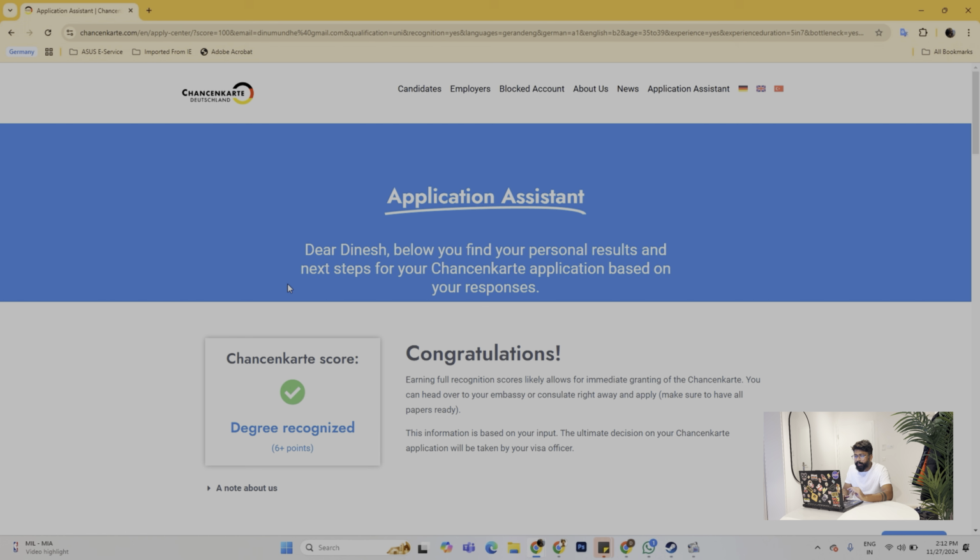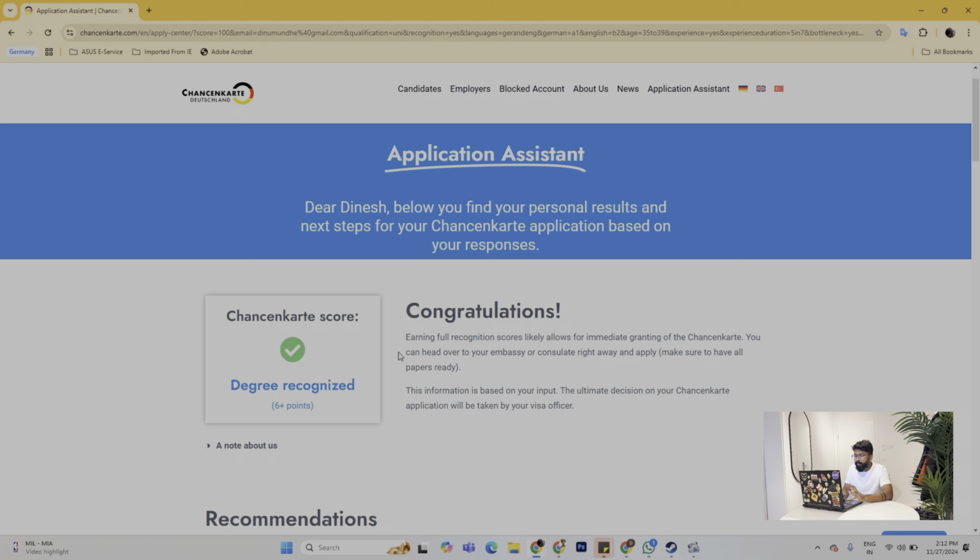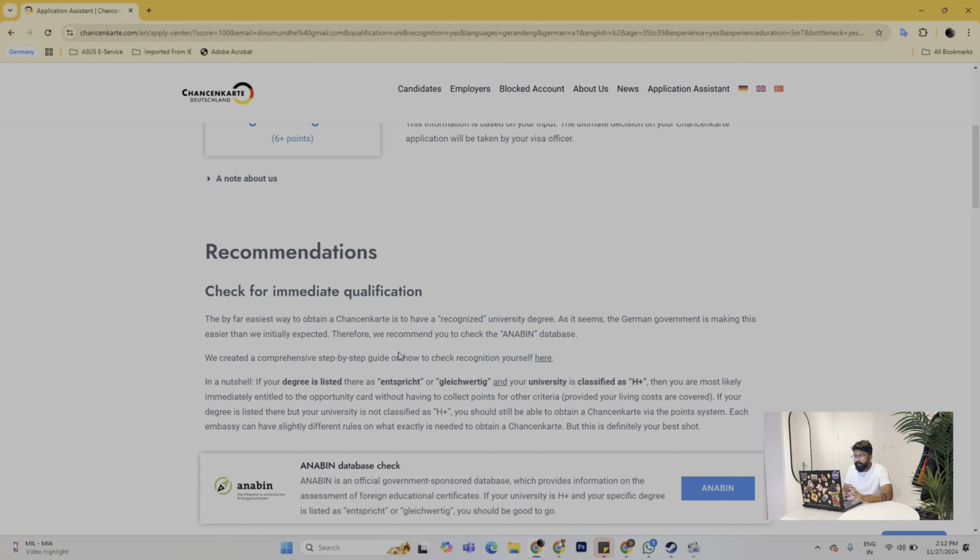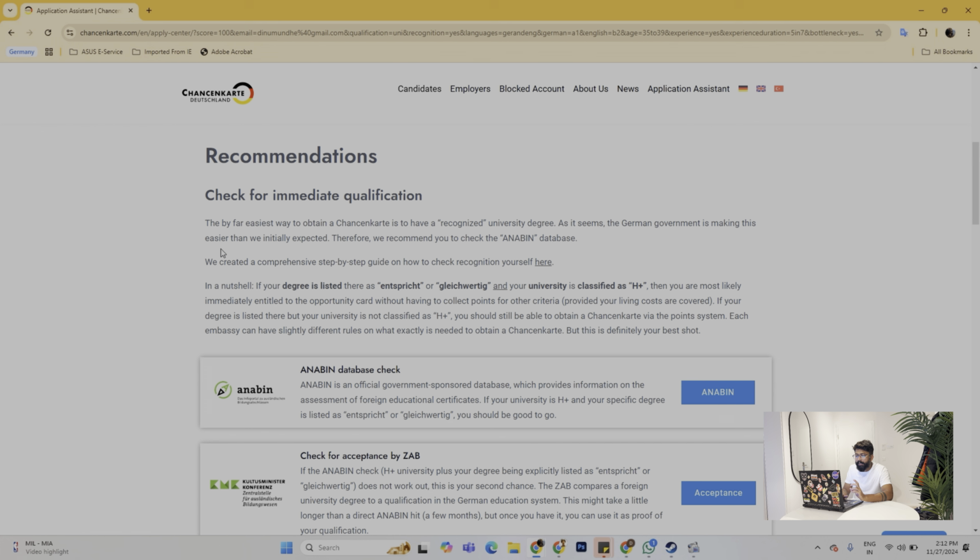not. Over here it is mentioned, dear Dinesh, below you find your personal results and next steps for the Chancenkarte application based on your response. Congratulations, and then there are some next steps. These are some of the recommendations from the portal, and the first option you will see over here